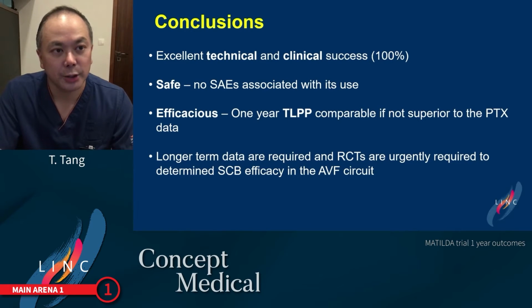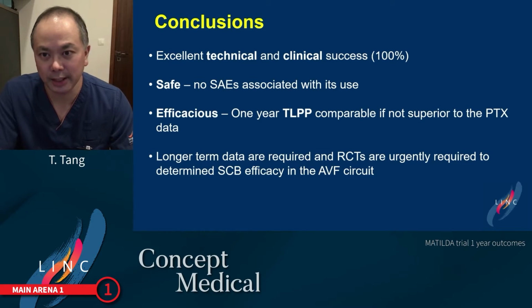So in conclusion, ladies and gentlemen, Mr. Chairman, the results on MATILDA show excellent technical and clinical success rate. It is safe with no serious adverse associated events with its use. It is efficacious. The one near target lesion primary patency does drop, but it's comparable, if not superior, to the